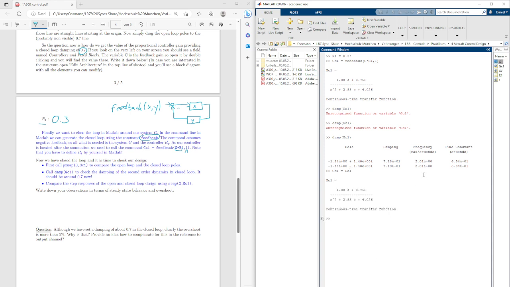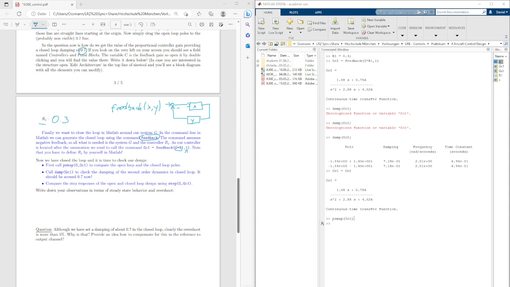Okay, and you see that we actually have a damping of 0.72, so we are roughly there, and we increased also our eigenfrequency to 2. Main point is we actually achieved the damping we actually desired. So if we want to check pole zeros graphically, we can again call the pole zero map command, GC1, and